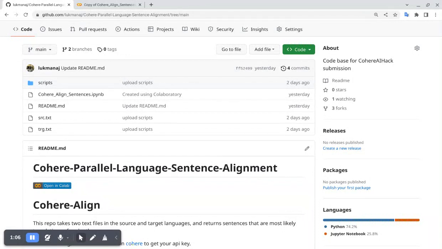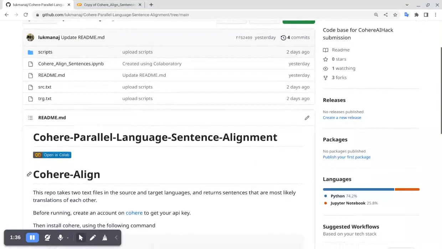The idea is to supply two files, source file and target file. The source file contains sentences in Hausa language, and the target file contains sentences in English language, which are translations of the Hausa sentences. On this repo, we have script files with functions to implement the embedding, a few functions to implement the Cohere multilingual embedding model, and that for implementing LASER, which serves as the baseline. We also have a notebook which can be used to test out the implementation. The notebook is to test the code. To use the repository, you could supply your own source and target files